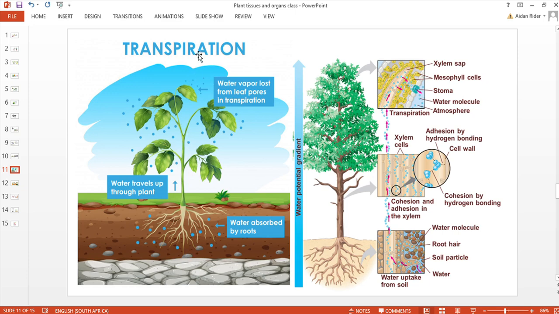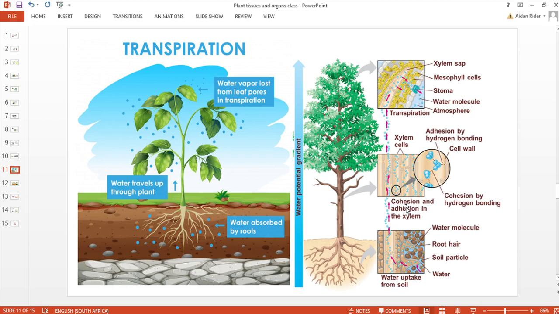Okay, so taking a closer look at transpiration, what happens at the bottom here is the water is literally taken up through the cells in the roots. Okay, so they enter here. This is the proximity of a facsimile of a root hair. It enters the root hair, goes through all these cells and into the xylem. From the xylem, it's being transported upwards, upwards, upwards, and all these water molecules are being kept close together,